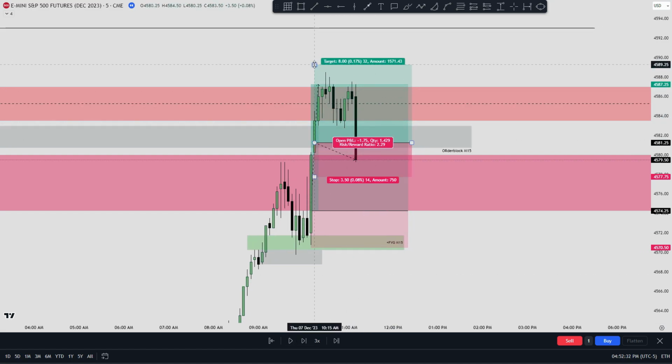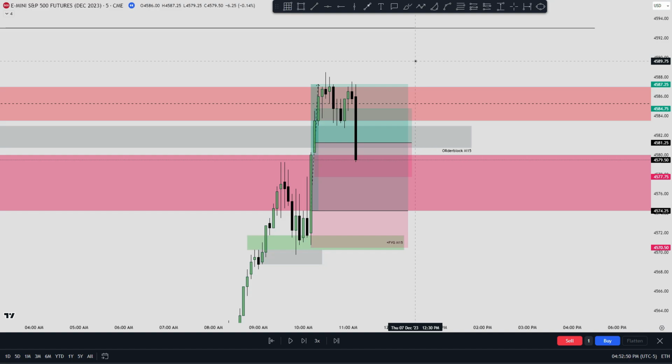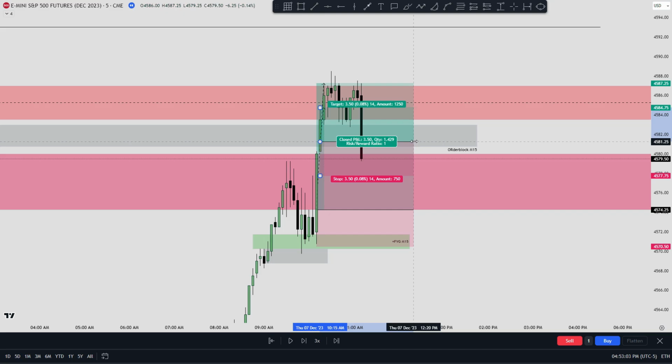And then I ended up taking off my second position right about right here. As price failed to overall take out that high, it was just showing overall weakness. The buying strength was not there anymore, and I was not looking to let a good trade go bad, so I took off the final position right here. I just moved my stop loss from down here to up there to trail my stop, and it ended up taking me out here. So for a total of about 11 points,